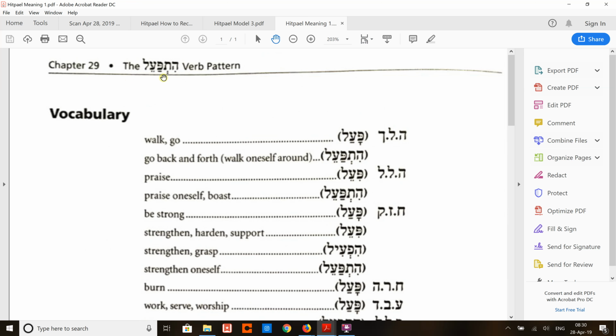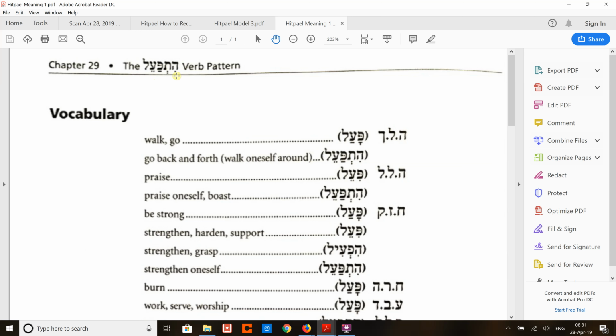And that sound, heet, or in some cases meet, will be the prefix that distinguishes all hitpael verbs. The hitpael are actually so simple to recognize because you're adding so much to the front, especially the sound eet. So that's your first indication: if you see this sound eet, sometimes in the form of heet, sometimes in the form of yeet, meet, we'll see examples later,